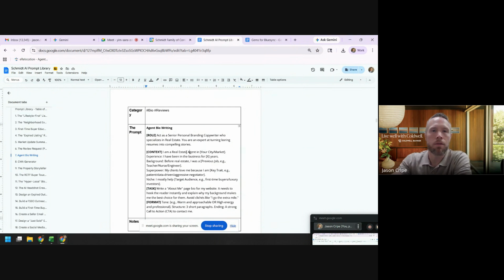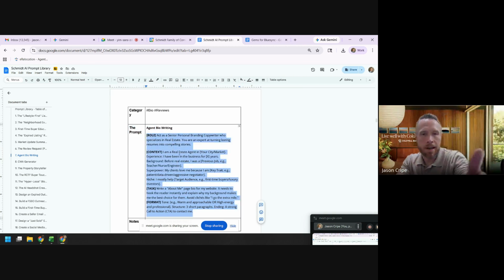So you can get to that through Schmidt Resources, and click on Technology, and then click on AI Resources. So we're going to grab this prompt. It's already kind of set up in the format we've talked about, using role, context, task, and format. So we're going to grab that